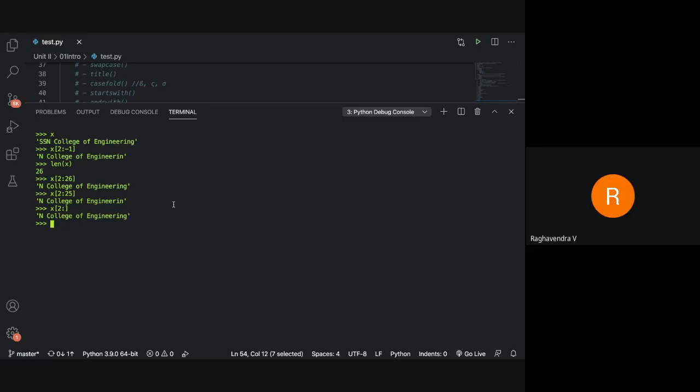Oh, with using minus, I can't do that, sir. You mean to say like minus 0? This is not correct. Minus 0, what does it do? It doesn't. There is nothing called minus 0.